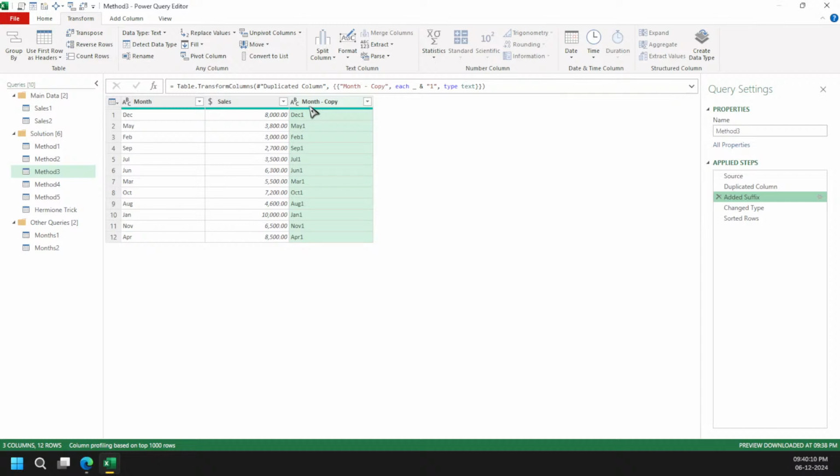So here the problem is only that if you see this part, this is a text value, not a number. If I had removed the text value and made it a number, what might have happened is it would give me an error.